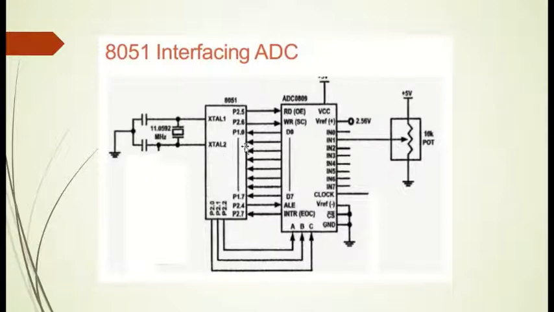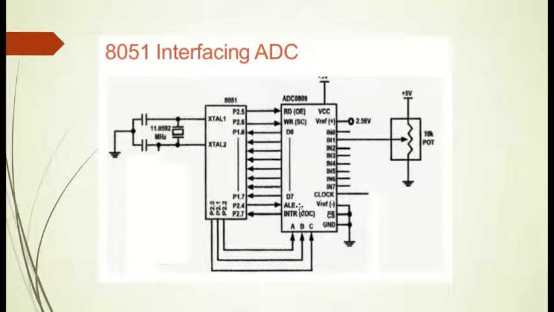So here we will continue. Here port 1 is selected for getting the data, and for controlling your ADC, port 2 is selected. Port 2's pins 0 to 2 are used to send the address. I mean, which input has to be selected can be sent through the port pins P2.0 to P2.2. So these 3 pins will send what input channel has to be selected.